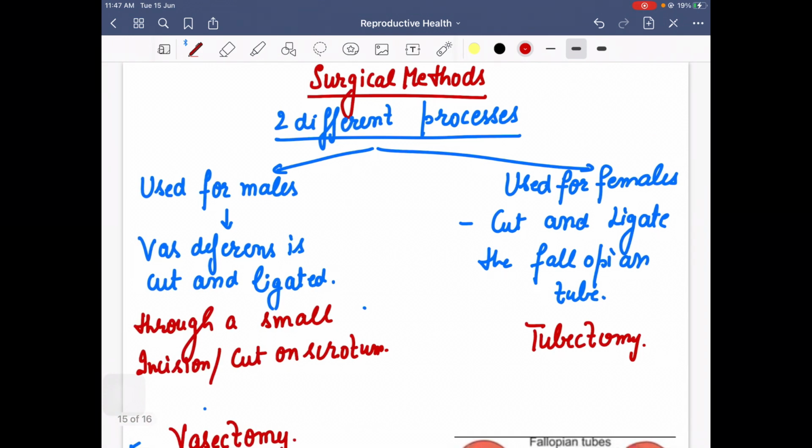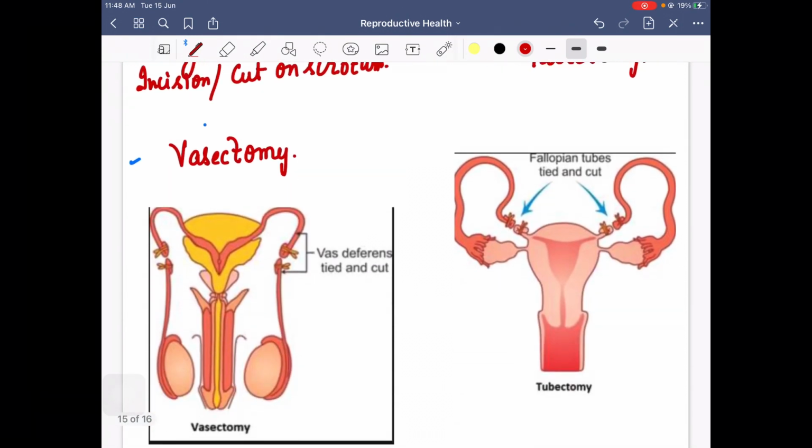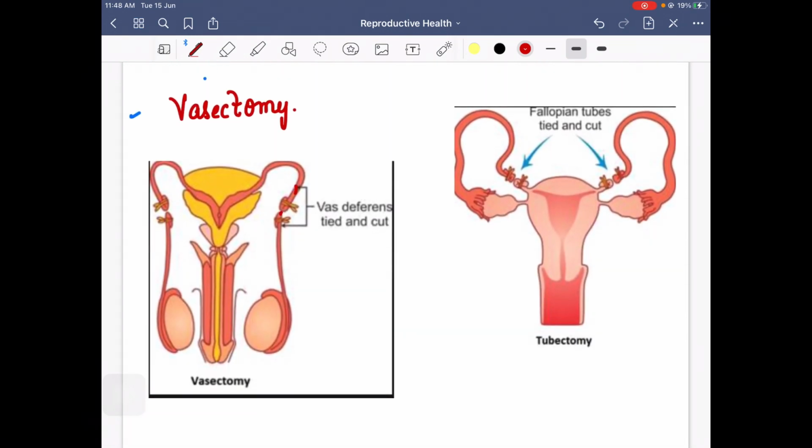The last method is surgical methods. In surgical methods, two different processes are used, differently for males and females. The procedure, surgery, is done by doctors. In males, the vas deferens is cut. As you can see here, this vas deferens is cut, and again it is